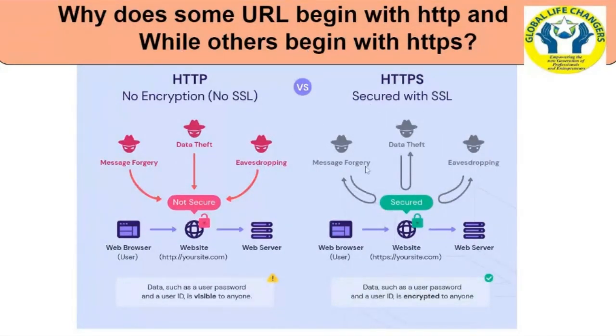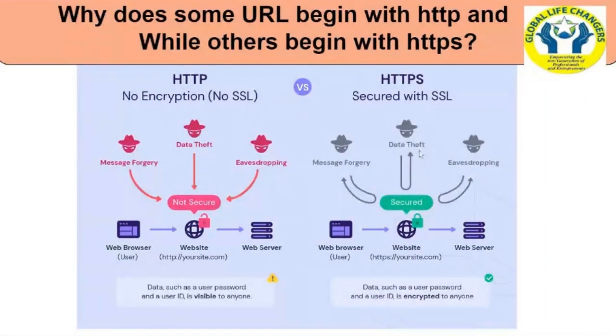So you need to take note of every website that you visit. Always look at the top of the home page, the address bar. Right before the URL, you will see this padlock there. For websites that are secured, you will see the padlock there. For instance, when you are visiting our website, just take a look at the URL. You see the padlock there, meaning that whatever information you share there, nobody can access it. No one can have access to it to use it against you.